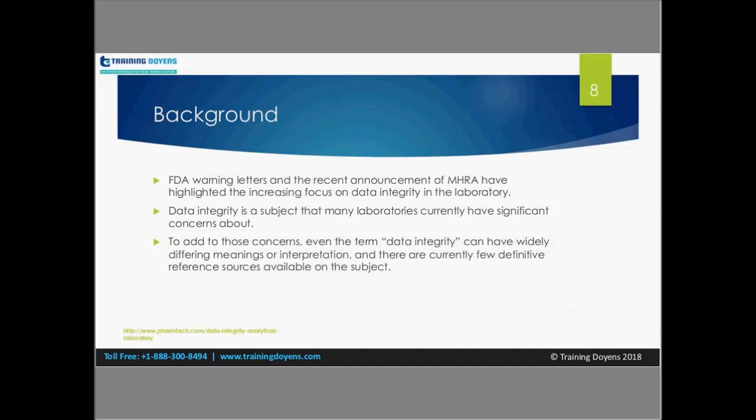Even when we talk about data integrity, many times firms have very different definitions of what data integrity actually is. They have a different interpretation, a different meaning, and there's not a lot to go on. So it's very important for a firm to have a strong data integrity standard operating procedure, have strong training, and have a policy and procedure on how their